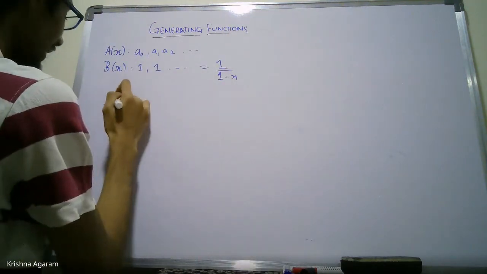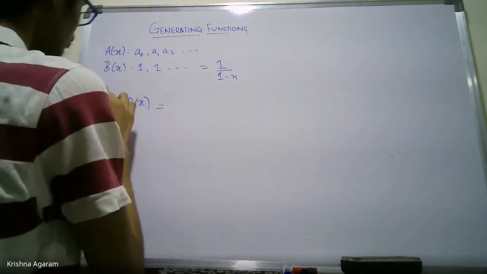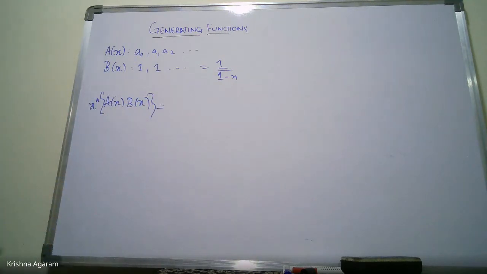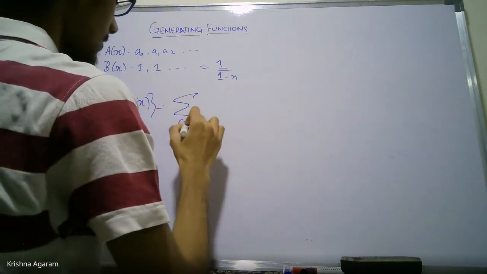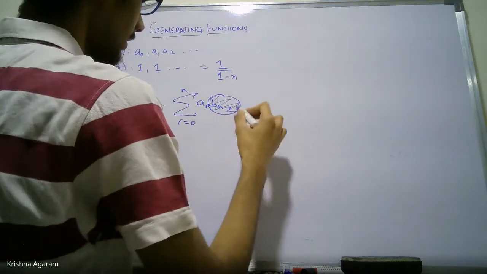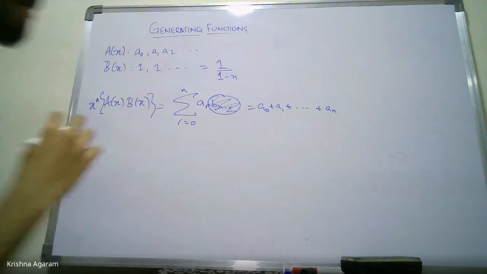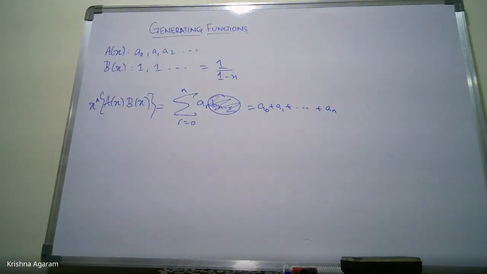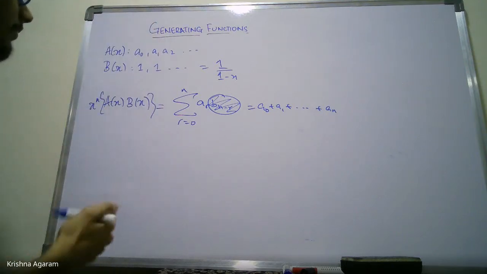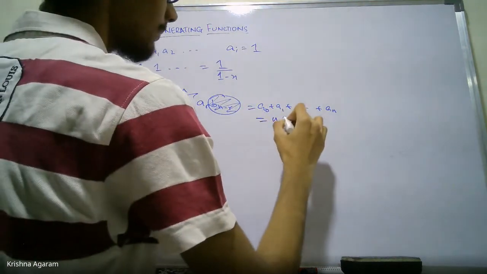So now a(x) b(x) is like the n coefficient, the coefficient of x to the n is just this. But this is 1 for any of them. So it's just a0 plus a1 till an. Right? So this actually directly gives a proof of one of the identities we saw before. Let's say ai was also equal to 1. So then this value is just n plus 1. Right?